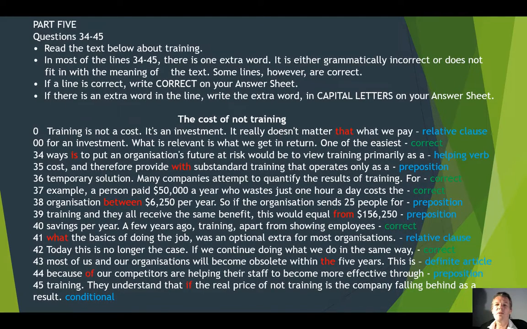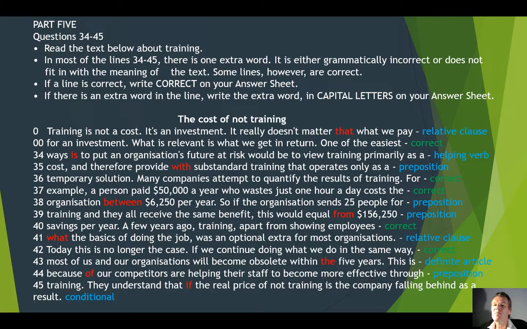Okay, so now if we go back to the original question that I put up at the very beginning of the tutorial, and here I'm giving you an overview with the answers. You'll have this as a PDF in front of you, possibly. And the best thing is if we just go through each one and look at why it's right or wrong. So 0 was a relative clause. We already said they give you that as an example.